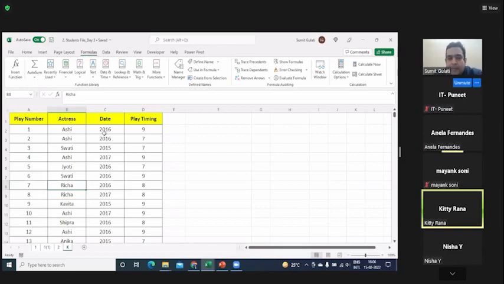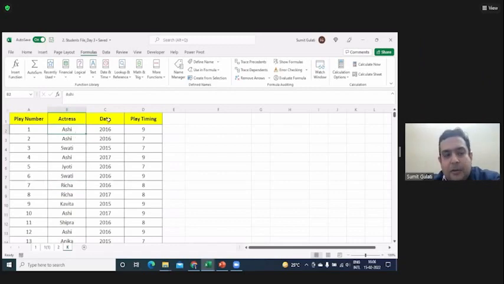If I want to name the individual cell as Ashi, then you can name it. Go here and name it one by one. Sir, but there's so much data, so one by one. See, there are two things, please understand. We don't generally name Ashi because we don't perform any action on Ashi. We always perform action on play timings etc.